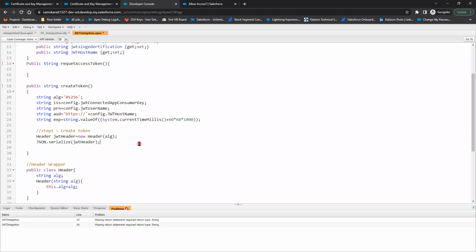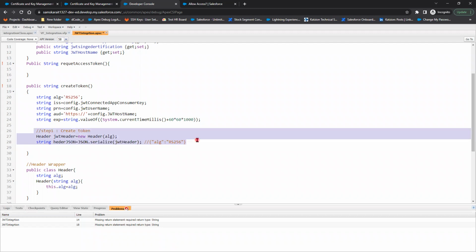Now when we serialize it, it is going to build the ALG and then RS256. Once the serialization is happening, I'm going to store the header JSON into a string. This is step 1, creating a token. And step 2 is